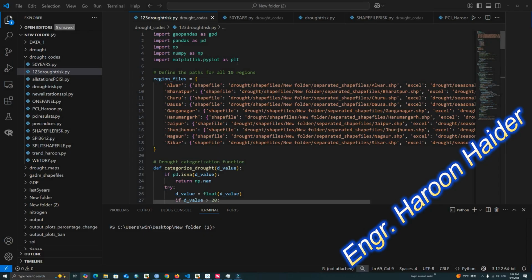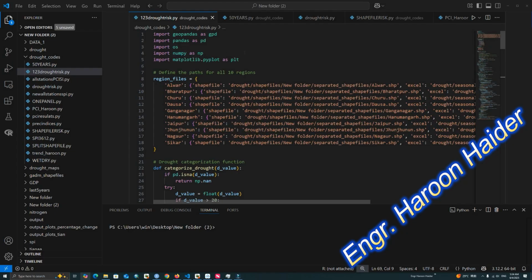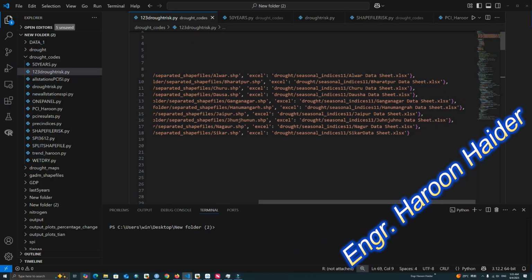Here I'm going to use the GeoPandas library, which is to handle the geographic data, the pandas library for manipulating the data, and numpy, which we previously used for numerical operations, and matplotlib for plotting the data. We can see here I am using different shapefiles for different regions. For Bharatpur, I am using the Bharatpur shapefile, and similarly the corresponding